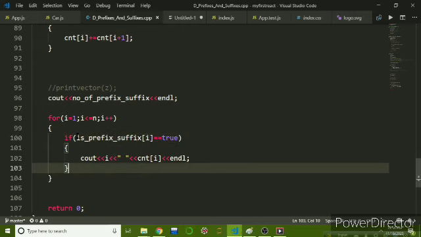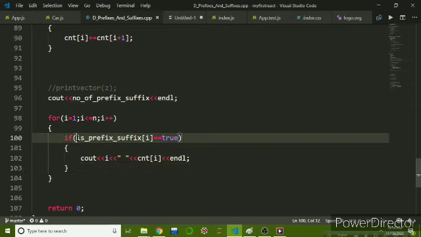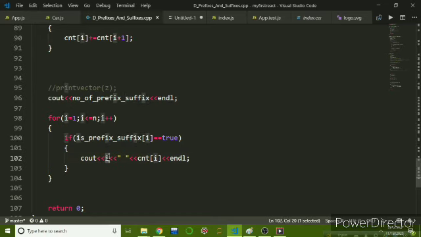We only have to print those prefixes which are also suffixes. So we can check this condition, that if that prefix is also a suffix, then only we are printing the length of that prefix and the number of times that prefix has occurred in the string.